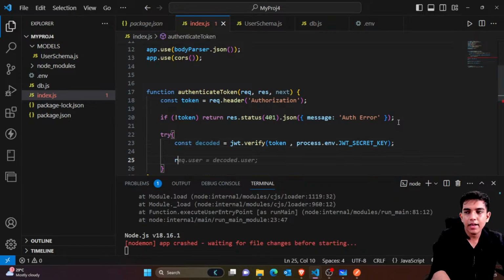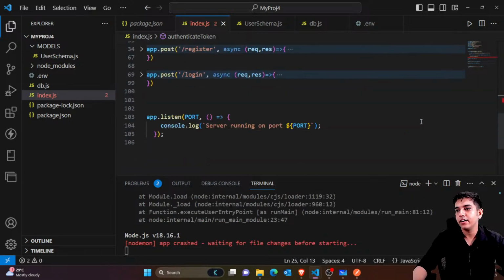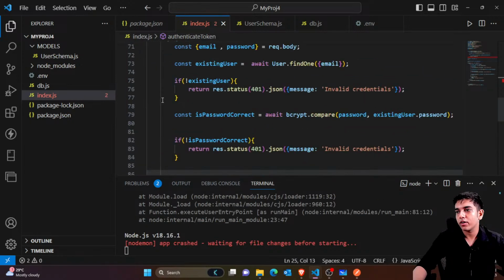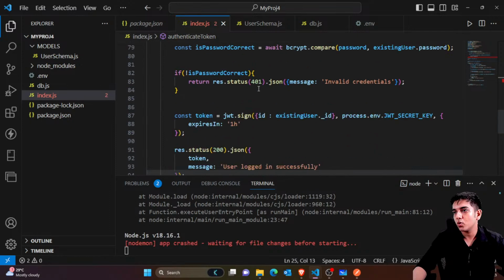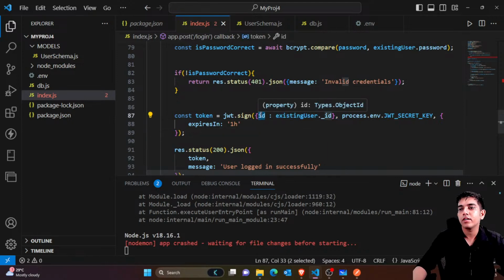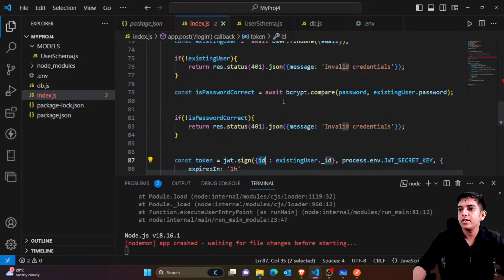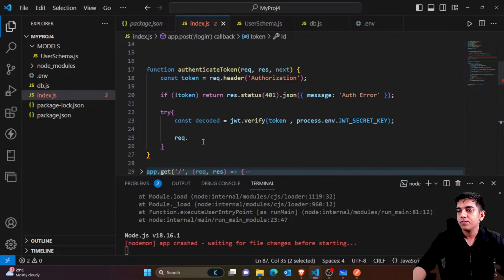Now you would be extracting the ID which we saved inside this. How would you extract the ID? Whenever we were logging in, we were creating the token, right? Here you can see we have the ID parameter, and inside this we were storing it. Instead of this we could have written user ID or something else, email also. For now we have this ID key, so I would simply use it. So req,